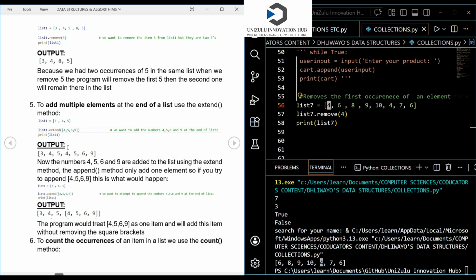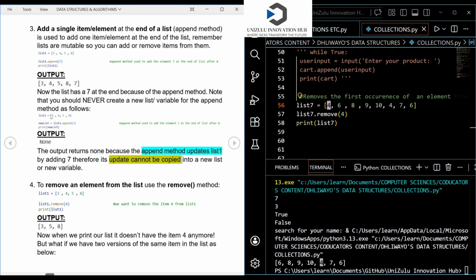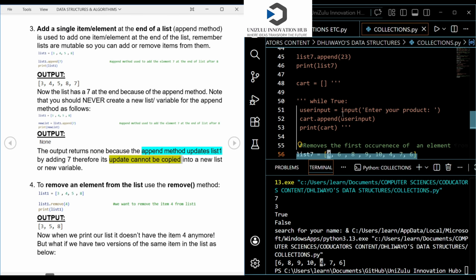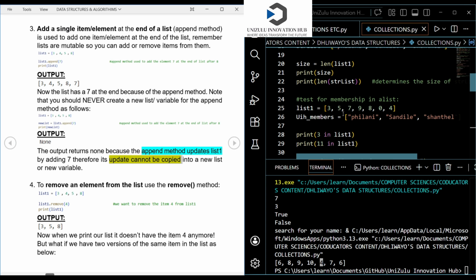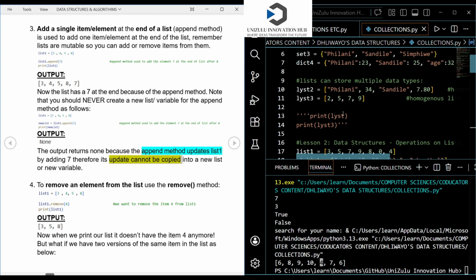Okay, so now thank you so much for watching this video. I know it's very long and very fun as well. Stay tuned for our next video. We're going to be continuing with these methods. We're going to do other methods. But you should just know that these methods are very important and know how to apply them in real life programs. Design your own programs.